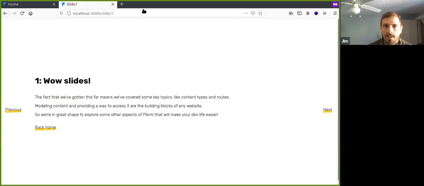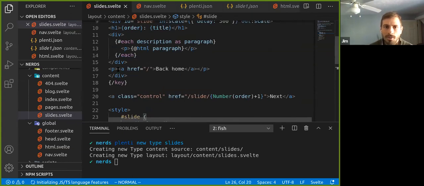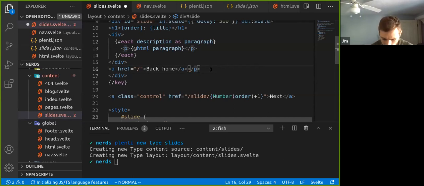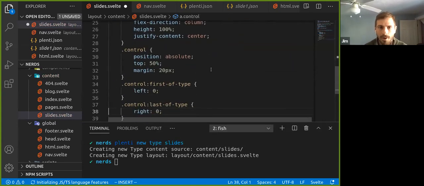Actually, I'm going to switch back. I'm going to style this button at the bottom. So this button all the way at the bottom, I'm going to get rid of the paragraph tags, and I'm just going to call this exit slides, and let's give this an ID of exit, and let's target that down here at the bottom in our styles.